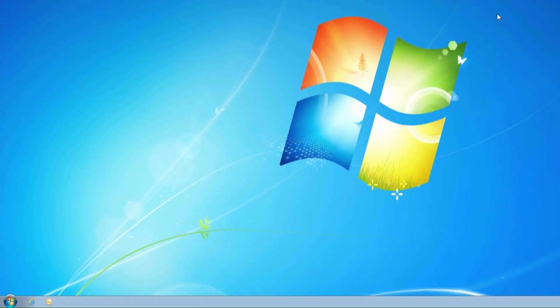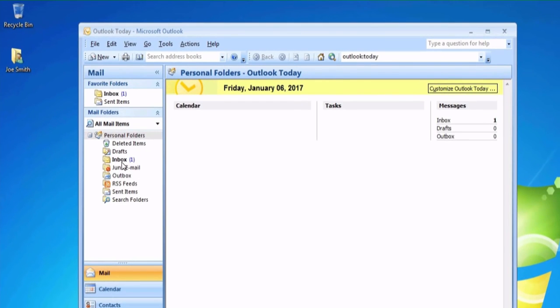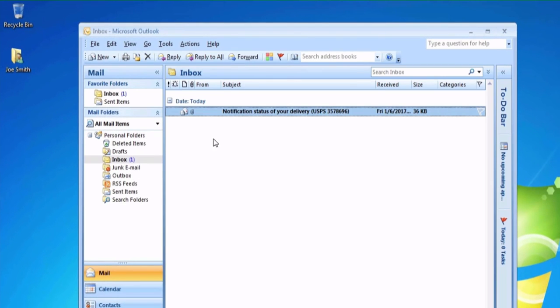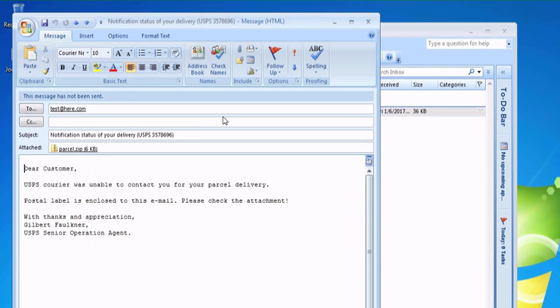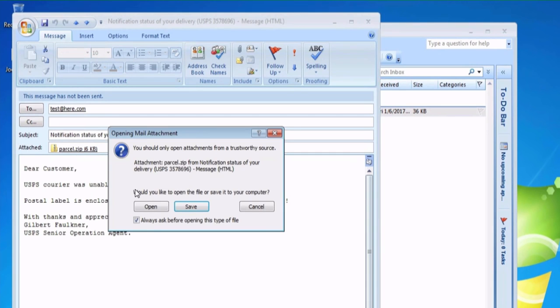Next, we're going to take a look at the user's email. Here we can see they have one new email with a subject of notification status of your delivery. Okay, let's take a closer look. The email starts "Dear customer" and explains a delivery has been missed. Luckily, the email includes a parcel.zip attachment with the details. We all like getting parcels, even ones we do not remember ordering, so let's double click on the attachment and